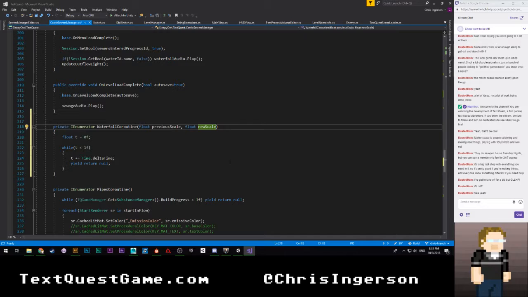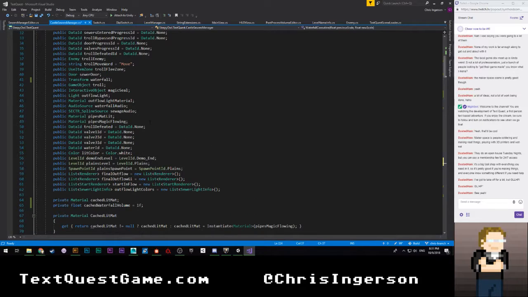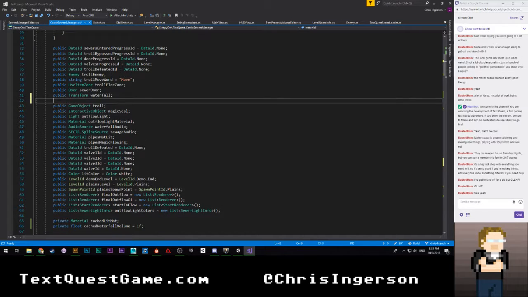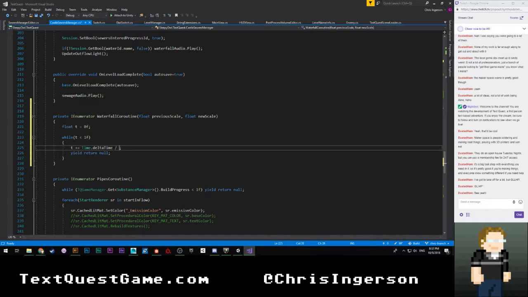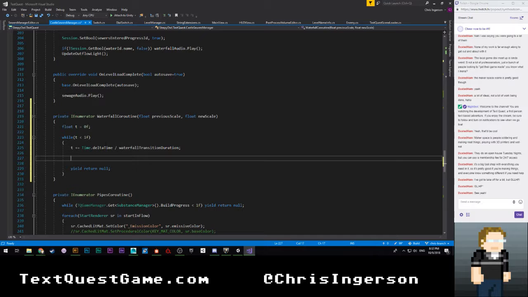Okay. So we're going to come up to here. Let's see, waterfall. Right. Okay. So we're gonna go ahead and I guess right about here. Jeez, this is a mess. Public float waterfall transition duration is equal to. We're gonna just have it be 1 second for now. We're gonna say divided by waterfall transition duration. And then we're just going to go ahead and say, we will say